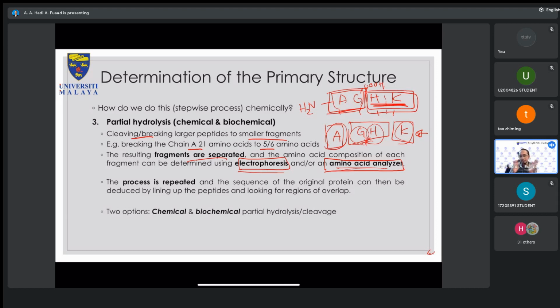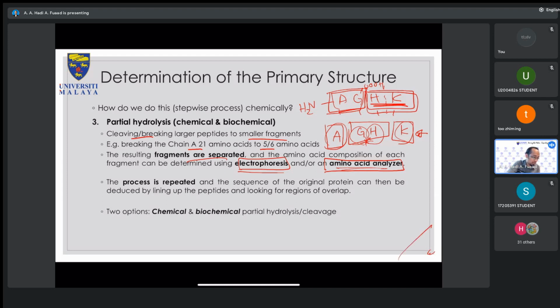From there you can separate them, and then from the separation you can either do another treatment, or, if you have a library of running electrophoresis at this particular voltage for this particular time, a combination of A and G will move about 1 centimeter, H and K will move about 10 centimeters. Then if you are analyzing an unknown sample, you can do a standard matching. If it matches, then you know it's that particular sequence.